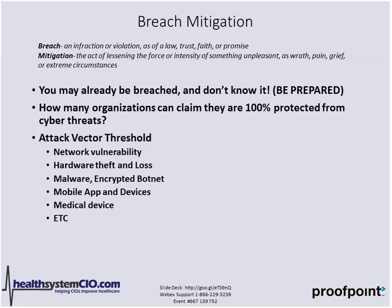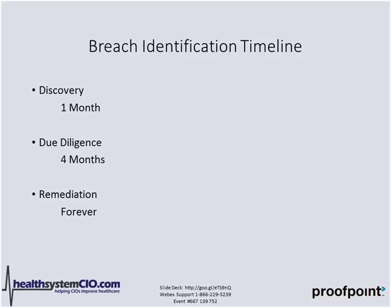And all of the other associated threats that I haven't outlined, you could go on for days talking about threats. So I wanted to take it to the next bullet item and talk about breach notification or breach identification and associated timelines. Unfortunately, when I moved up from New York City, where I was a CIO for a health system, within the first few months of coming here,